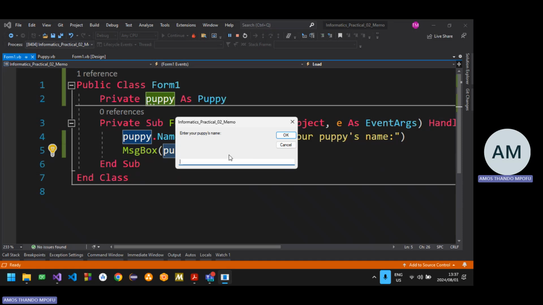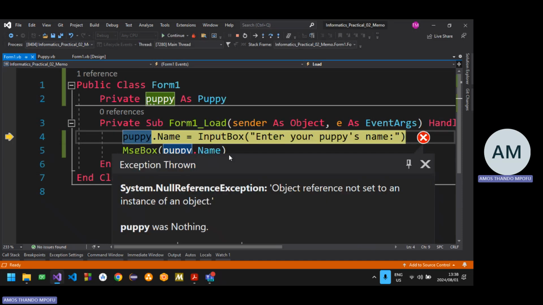So there we go. Puppy's name, enter the puppy's name. I don't know puppy names. So let me just say Munchkin. Let's just say I want to call mine Munchkin. Press enter. You see, I did this on purpose because I wanted you to understand what's the most important thing